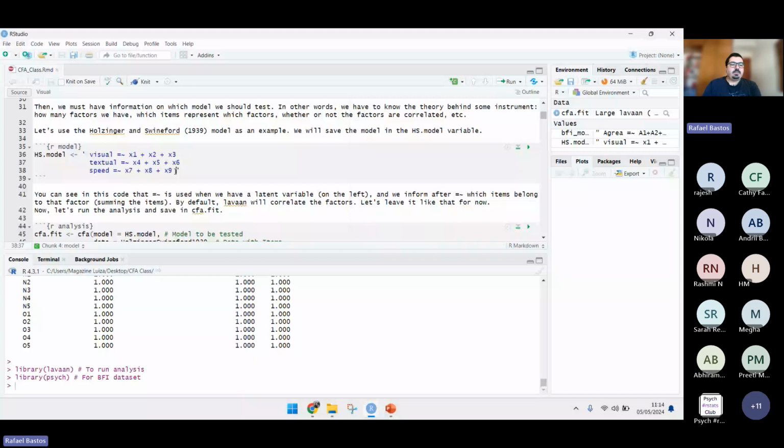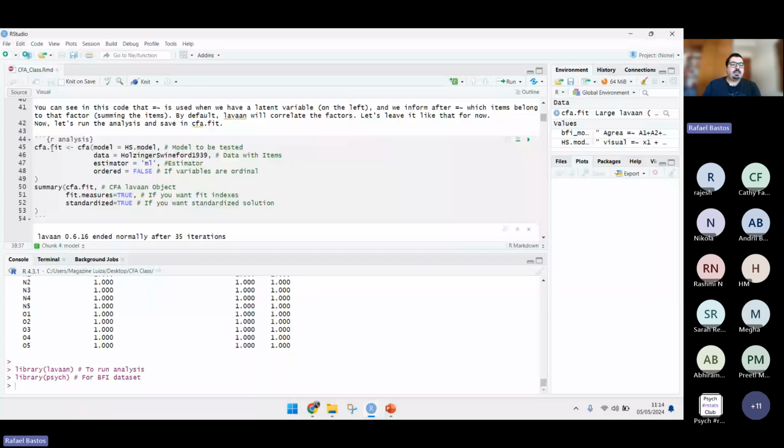Okay. So first, save the object of the CFA in CFA.fit, and in lavaan we have a function called